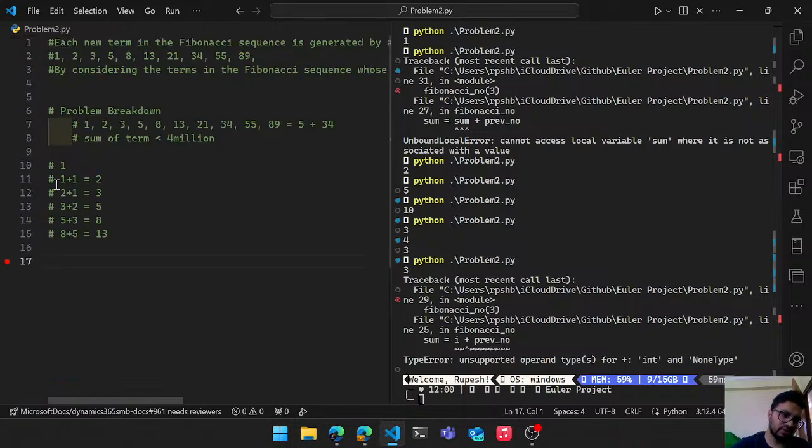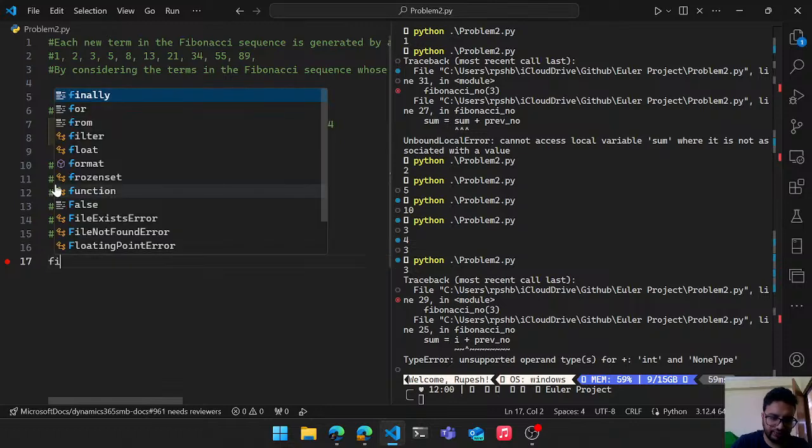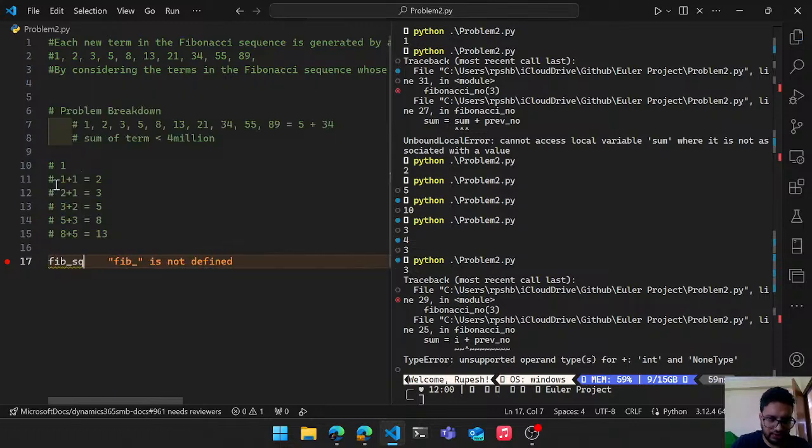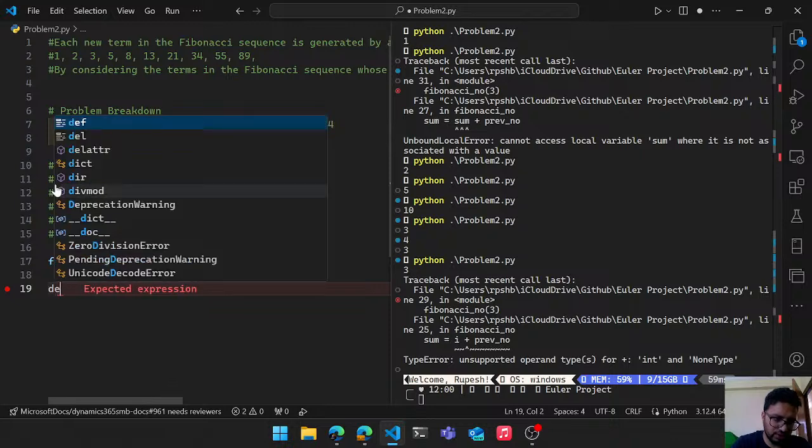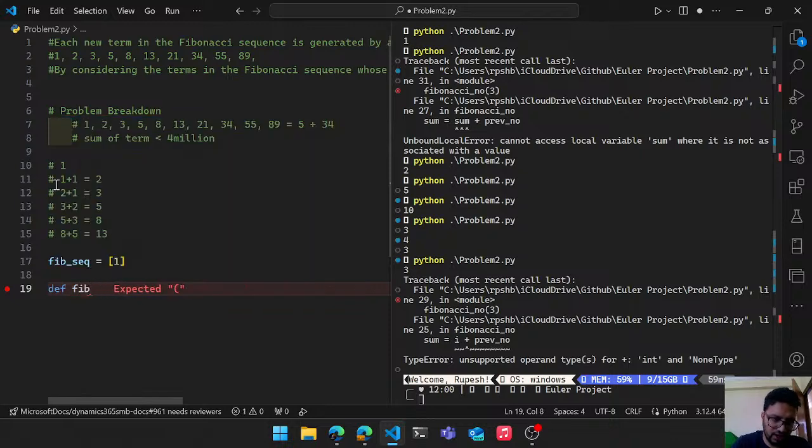So let's do something like Fibonacci sequence equals something like 1. Alright, so for verify something, Fibonacci, it will take n, for I in range